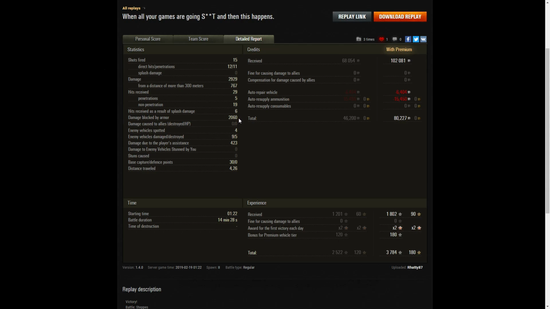He blocked damage of 2,060 hit points in total, spotted 4 enemy vehicles, damaged 9 in the enemy, killed 5 of them, and did 423 hit points of damage assistance. He managed to get 30 cap points in the end, being in the cap, and on a premium count he earned 102,081 credits. It's a good earner, it's a premium tank, they always earn credits, and because Ratty was using standard